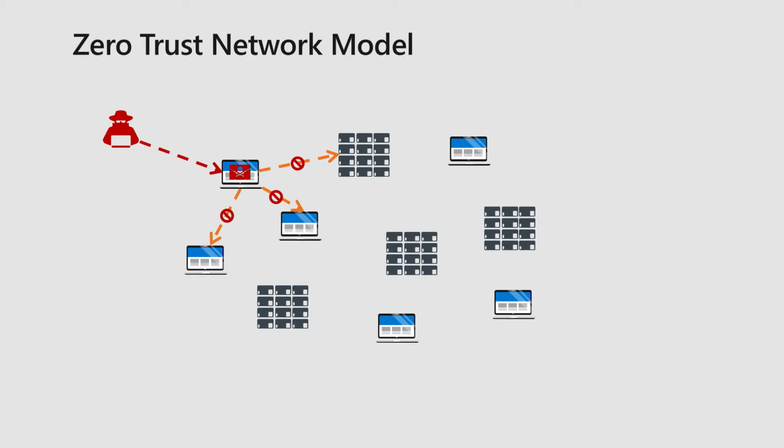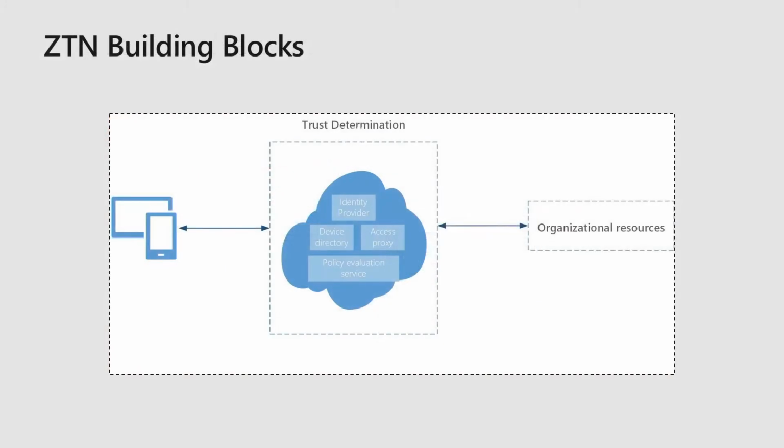So because each request has to go through this multi-dimensional access control, we lose this concept of transitive trust where you get it just because you're plugged into the Wi-Fi or plugged into the Ethernet, and we assume that a device has to prove itself as secure, hence the term zero trust.